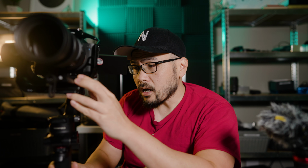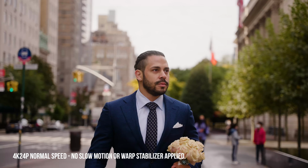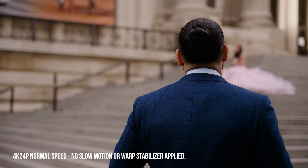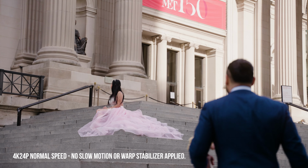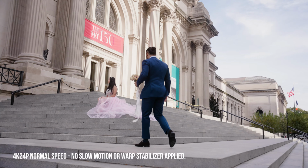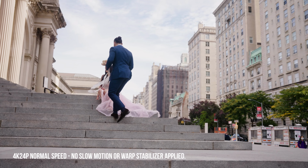But in my use, I shot a wedding with it. I shot an engagement session with it. I shot real estate with it. Sometimes it starts to have a little bit of vibration again. It's very slight. You can kind of feel it when you're bending down like this, doing this kind of angle action. You can feel this little bit of vibration, this little whirring sound from the motor, and you have to calibrate it again, which is kind of a pain in the butt